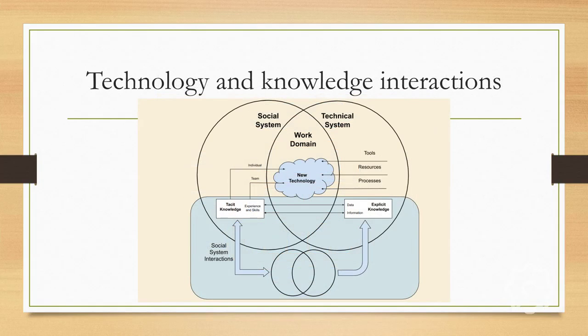The socio-technical system is defined as social and technical system elements which interact to perform a specific goal. This goal is represented by the work domain, which is designed to exploit environmental factors. The organization's management function provides social and technical system resources and aligns them towards this work domain. This new technology is made possible through tacit knowledge at both the individual and team level, and is applied through interactions with the technical system, explicit knowledge, and interactions with other technical system elements to create a technology that is context-specific.